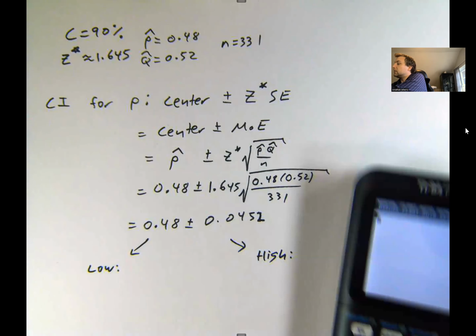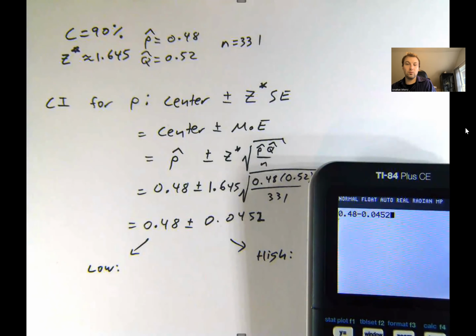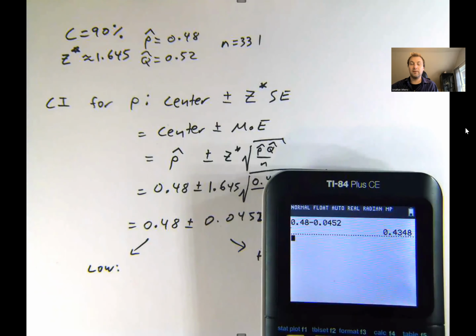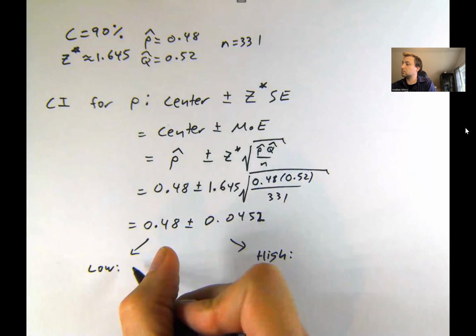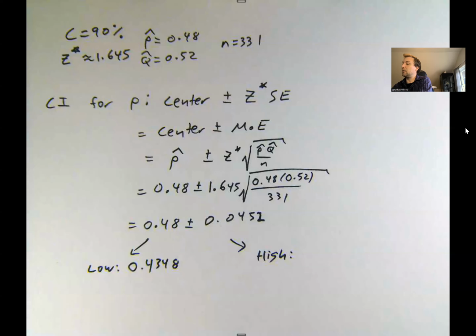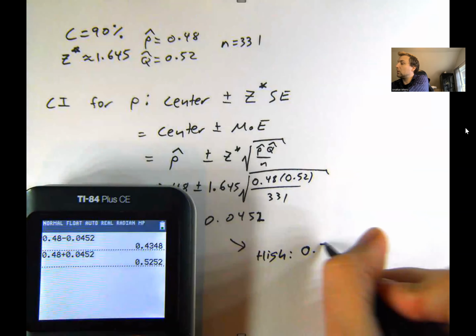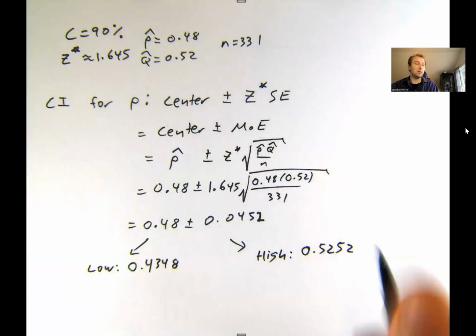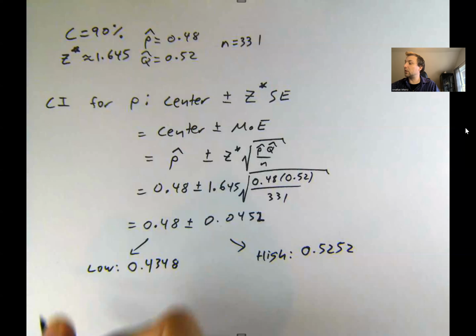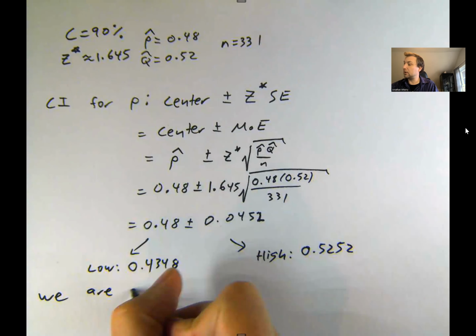So if I take 0.48 and subtract 0.0452, that is giving me a low of 43.48%. Changing that minus to a plus sign gives me a high value of the interval of 52.52%. And if I'm interpreting these results, I would say that we are 90% confident